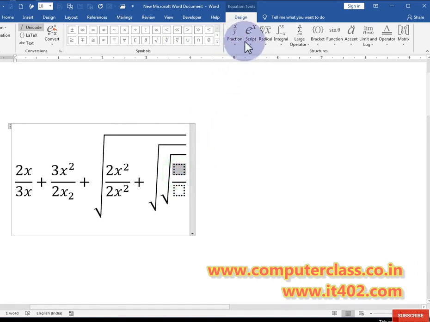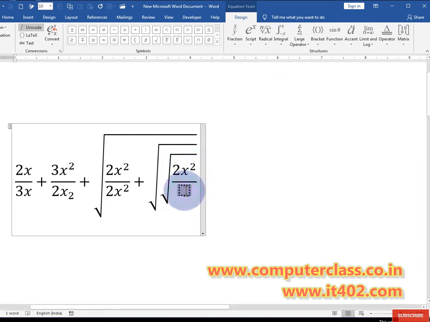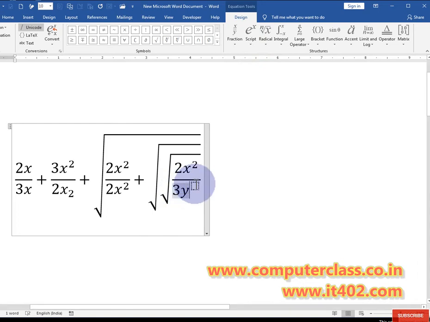Click here, then convert this in the form of power, then you can do any type of task. Change this like that. Use the arrow key to shift your cursor, and you can do whatever you want.